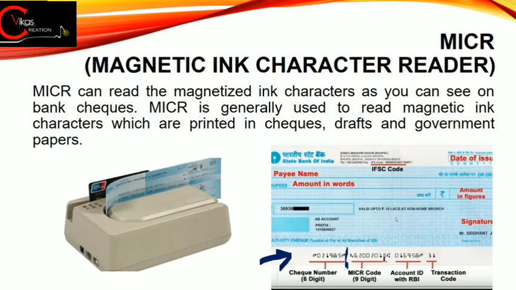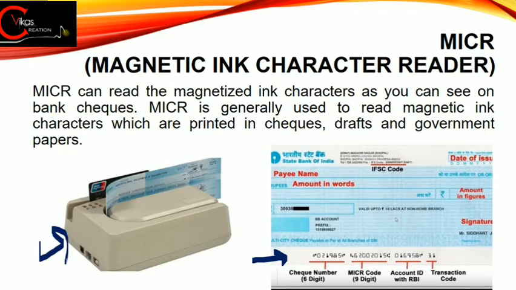Well, in the middle of this we have this MICR code. This MICR code is an authentication code of our check and our account number, fine. If you are giving a valid check to your bank, then this MICR code will be valid. But if you are giving a fake check, in that case this code will not match to the code in the database, fine. Generally this code is printed with a special ink, and that special ink is magnetic ink, and this magnetic ink can only be read by some special devices or some special readers, and these readers are termed as magnetic ink character readers, fine.